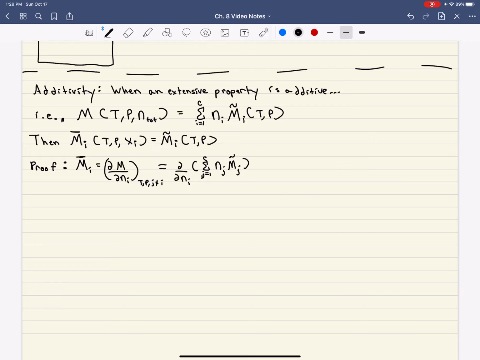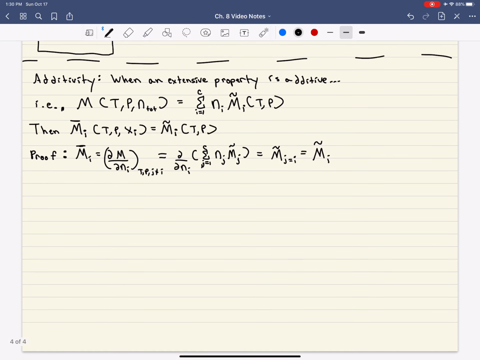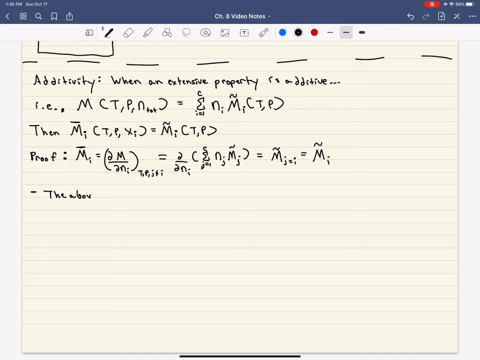And in that case, if we take the derivative of the sum, only one of the terms in this sum is the ith species. So if we take the derivative of that sum, the only derivative that's going to be non-zero is for the case where j is equal to i. And so what we get back out is the molar property of j equal to i. So that means that the partial molar property of the ith species is just going to be equal to the pure molar property for that species. And I want to emphasize that this relationship that I derived above is true for ideal solutions,